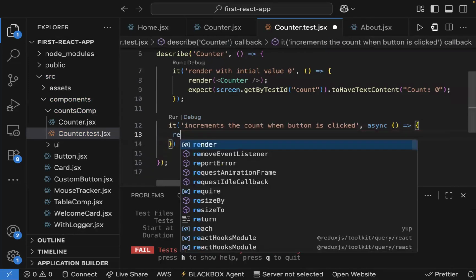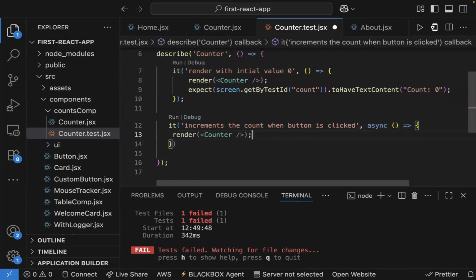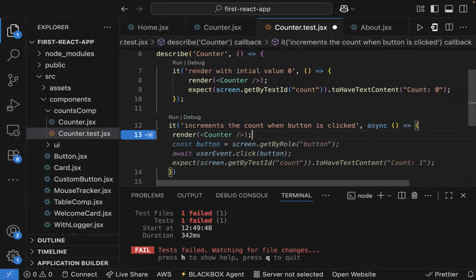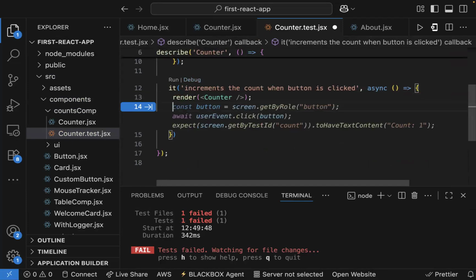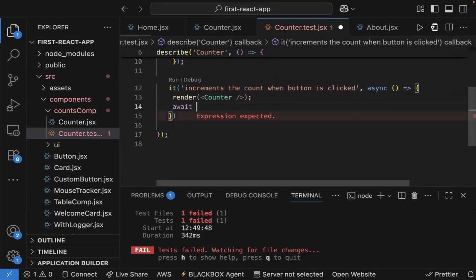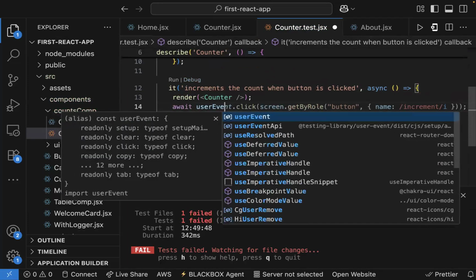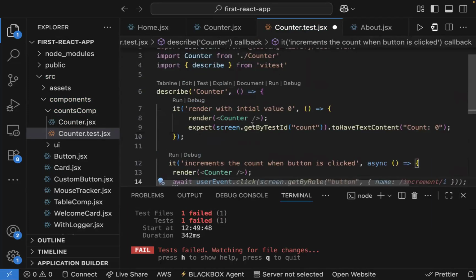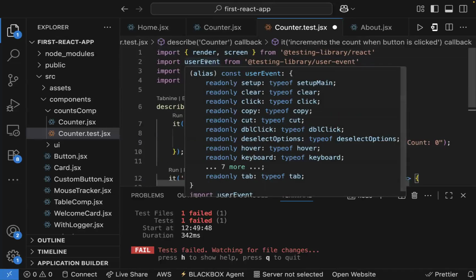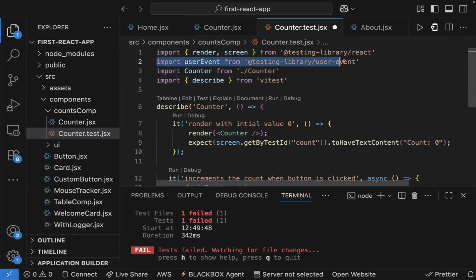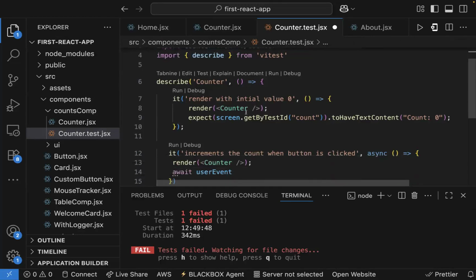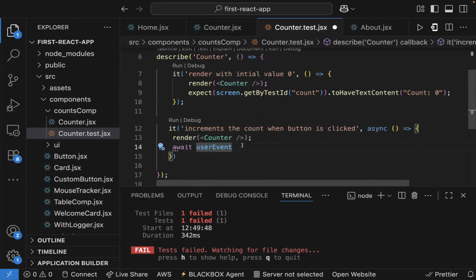Can now say render. Remember why we are using the render. Don't forget, we're trying to mount the component here. And then I want to say await user event. Remember, we already brought user event into this our test file, right? From user event test library slash user event. So we want to utilize that user event. So we want to find the button by its visible text increment and click it, right? So we want to await dot click,